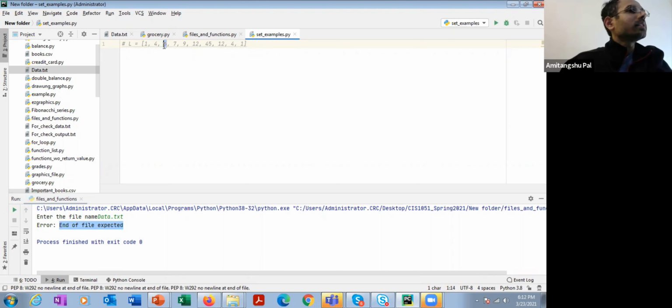L2 means 6, in this way. So here there is an order. And second, in a list the same item may be repeated. So 1 has come twice, 4 has come twice, 12 has come twice. In a list or in a tuple, the order is important, and an item may be repeated.